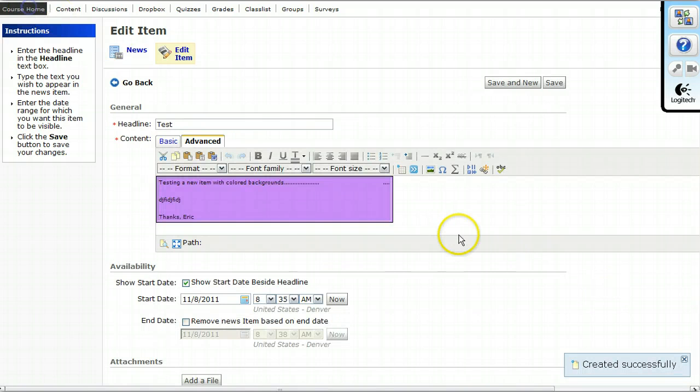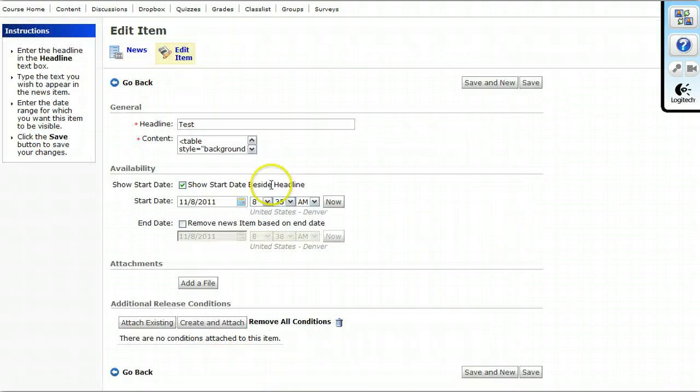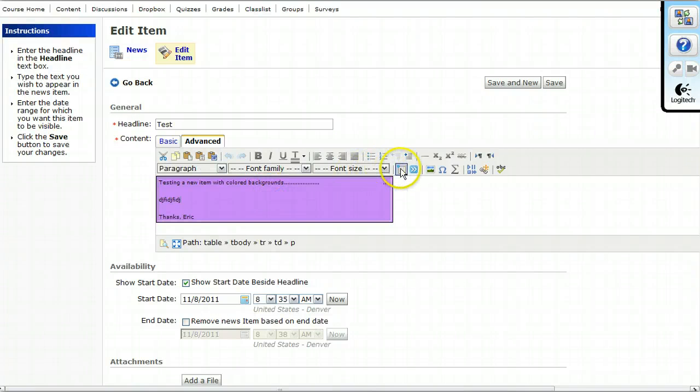And we can go to the home page, see what my text box looks like now in my news item. And yeah, it looks pretty good. It's got the date. Maybe I want to edit it, so I can always click on the edit button. Let's see what I can do here. I could go in, of course, now if I wanted to, and